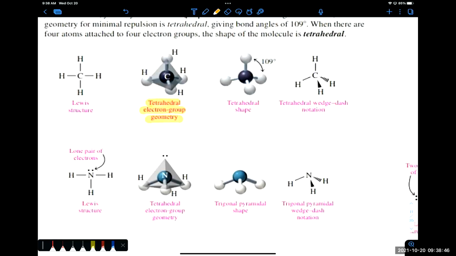electron group geometry. Our electron group geometry. And then this again is our molecular